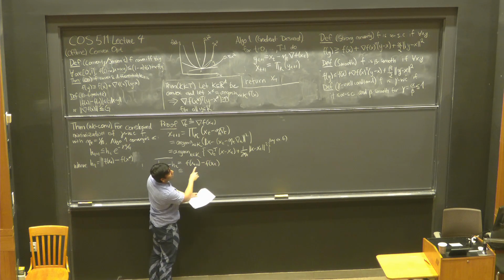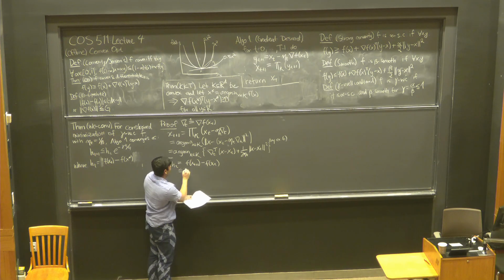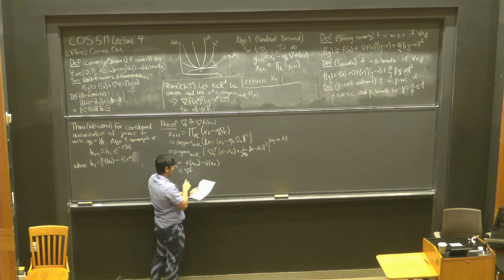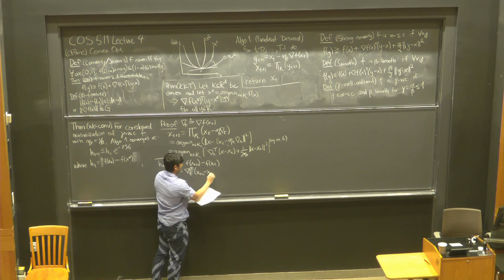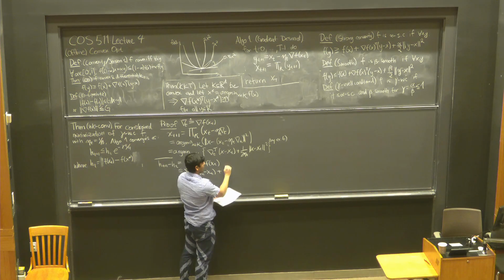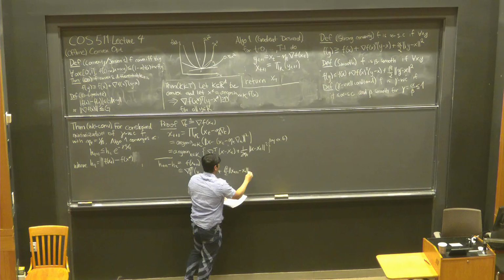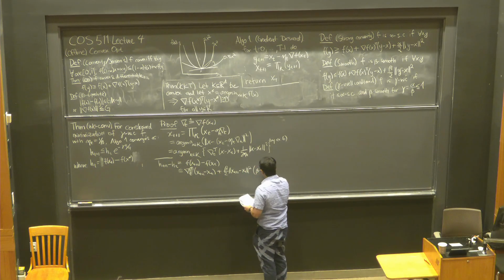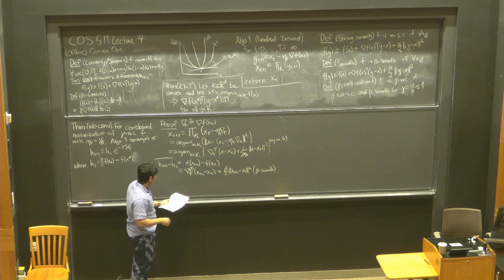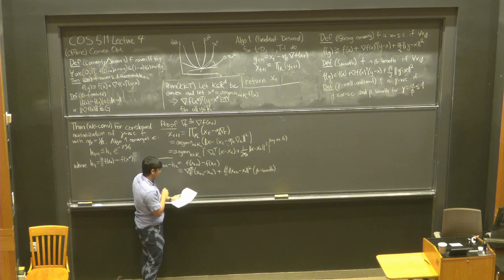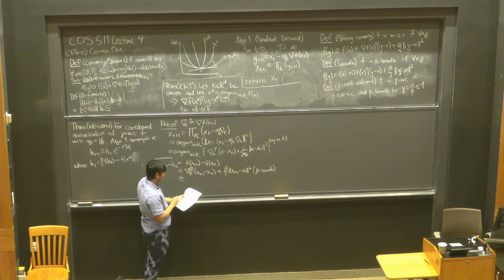The difference between f of y and f of x is at most the gradient at the base point, which is just delta_t, times the transpose of the difference, plus this beta over 2 norm term. Okay. Now this is, by this, at most,